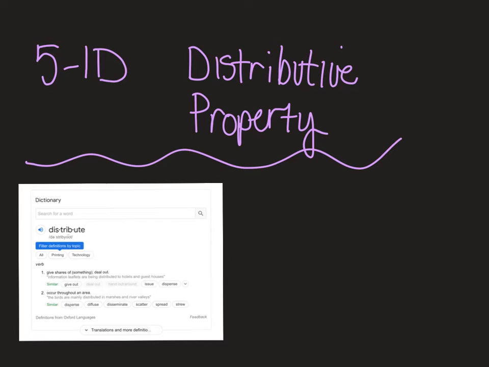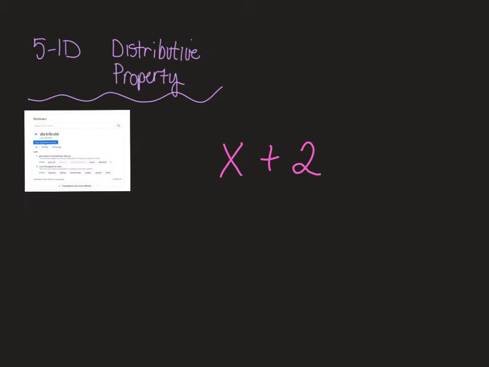We're not going to distribute a worksheet to everyone in the class. We're not going to distribute conduct referrals to everyone in the class. We're not going to distribute chocolate chip cookies to everyone in the class. We're going to distribute numbers. So let's suppose we start with a mystery number and a 2. And I want to distribute that mystery number and 2